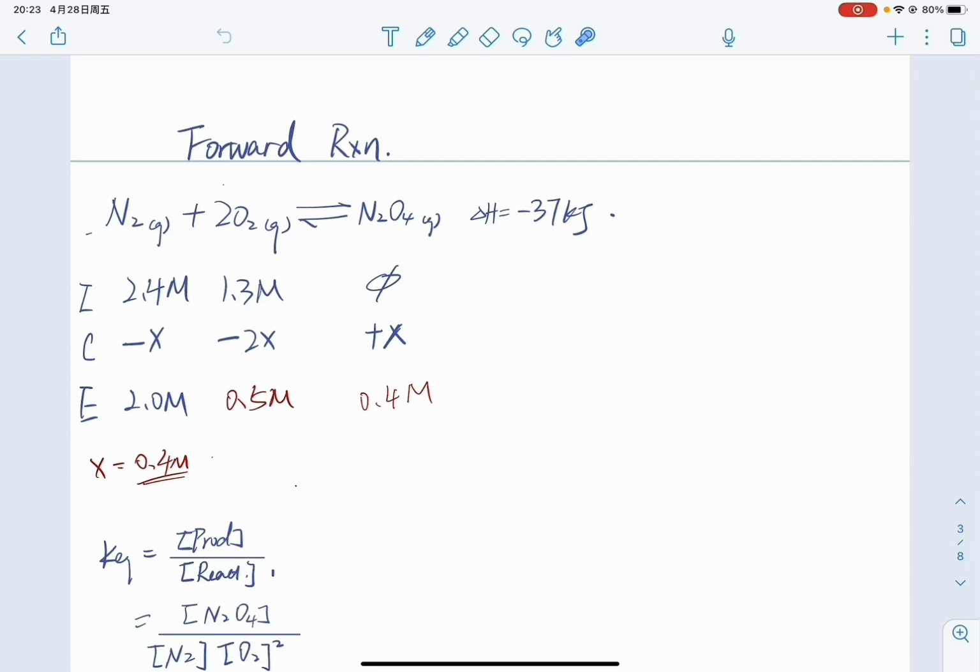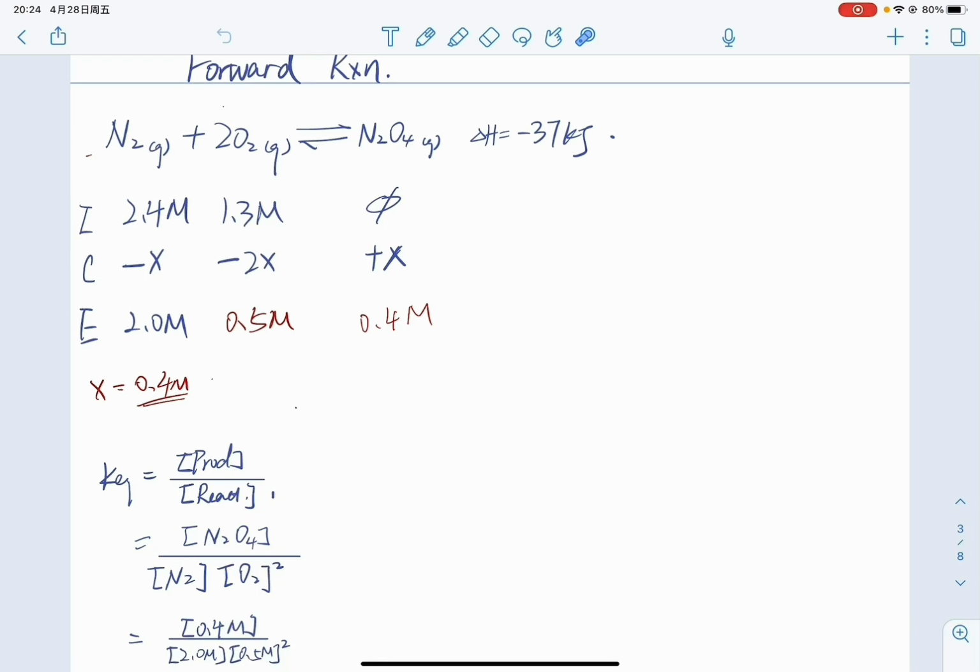Because there are no products at this time, we have to go forward to make products, in which the change of the reactant will be negative. So according to the coefficients, it will be negative X, negative 2X, and the product will be plus X. We can use the concentration of N2 initially and at equilibrium to calculate what X is. So it's 0.4 mole per liter. We can use this number to substitute into the other X's to calculate the concentrations for O2 and